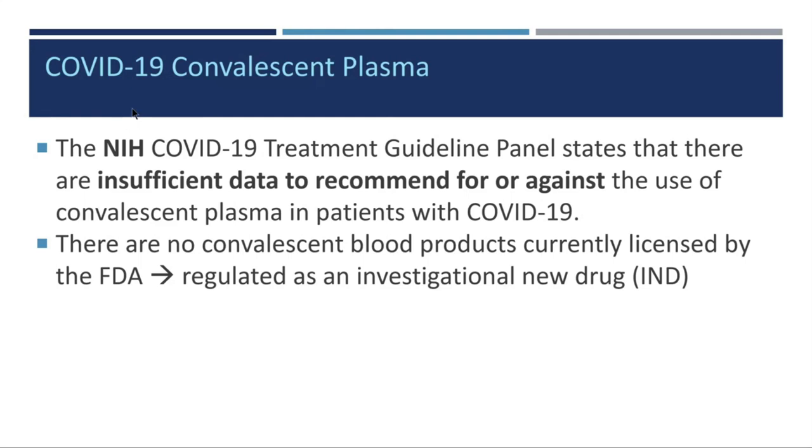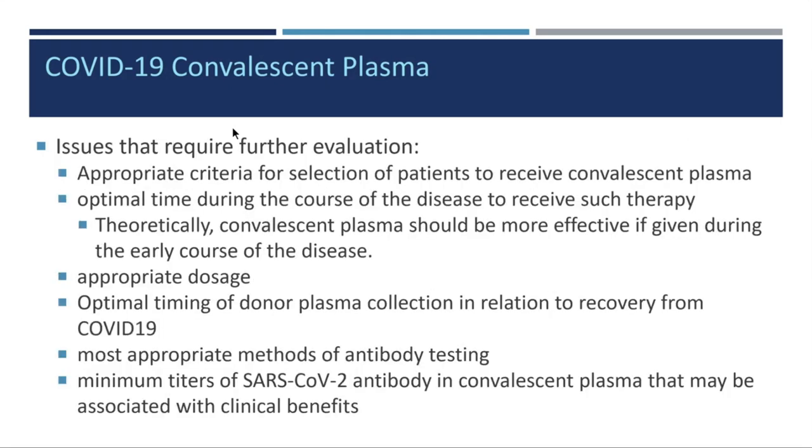In general, though, the NIH states that there are insufficient data to recommend for or against the use of convalescent plasma in patients with COVID-19. Currently, there are no convalescent blood products licensed by the FDA, and it's still regulated as an investigational new drug. So issues that require further evaluation regarding the use of convalescent plasma: appropriate criteria for selection of patients to receive convalescent plasma, optimal time during the course of the disease to receive such therapy, what is the appropriate dosage, and when is the